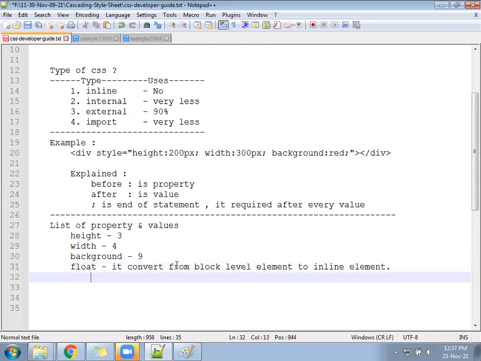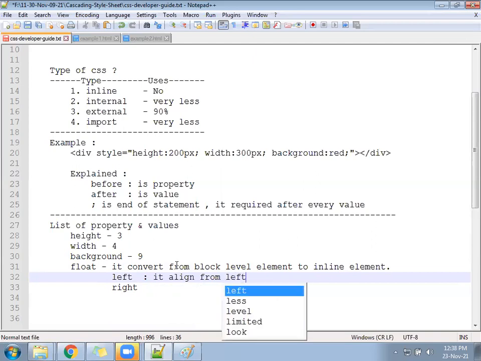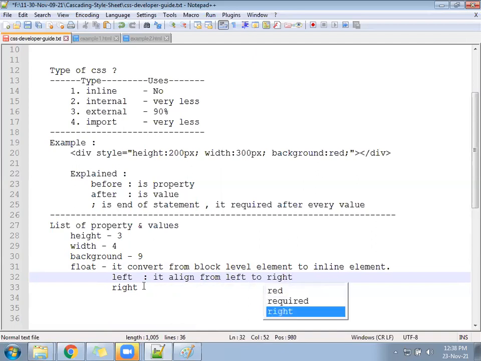It has two values. One is called left, another one is called right. Float left aligns from left to right.